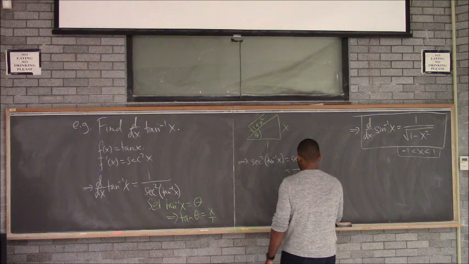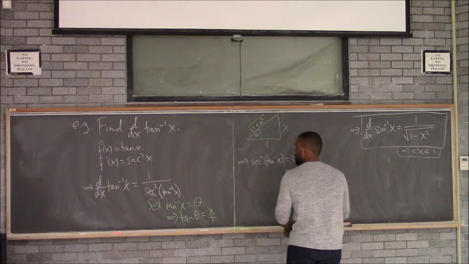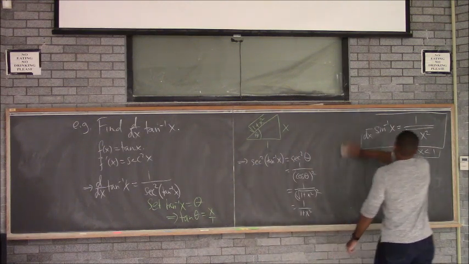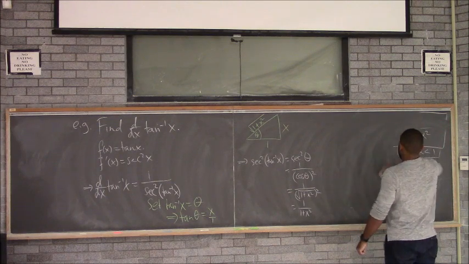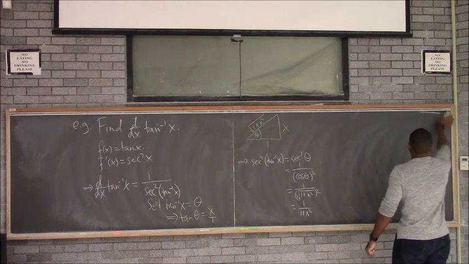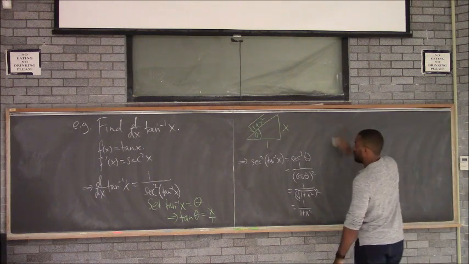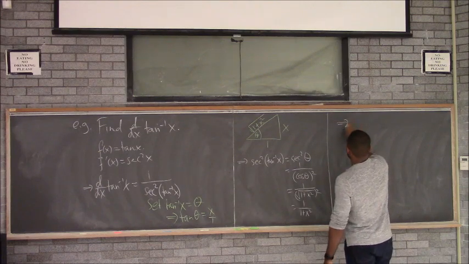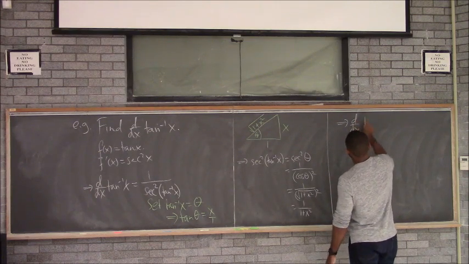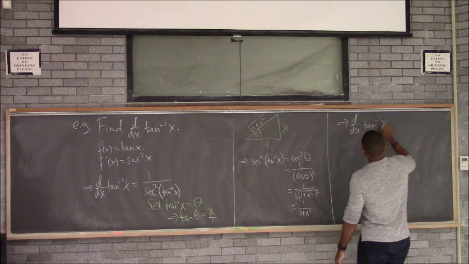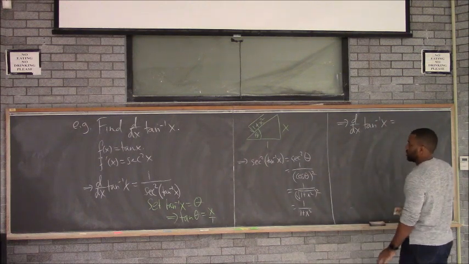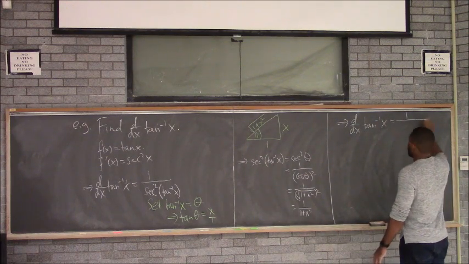It's 1 over 1 plus x squared. So now let's go back and plug this in. This means that our derivative of the tangent inverse is going to be 1 over